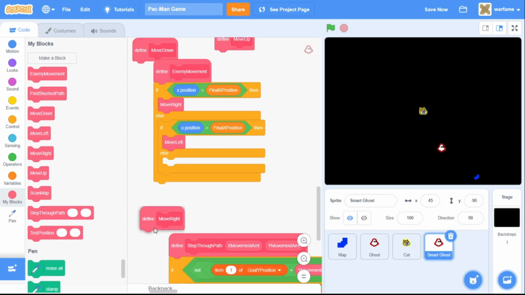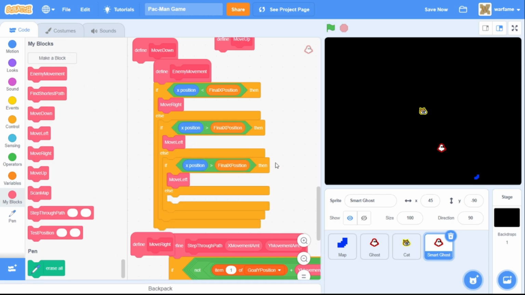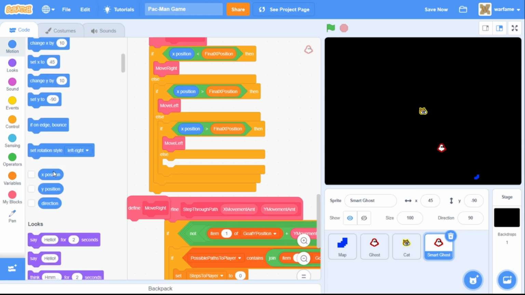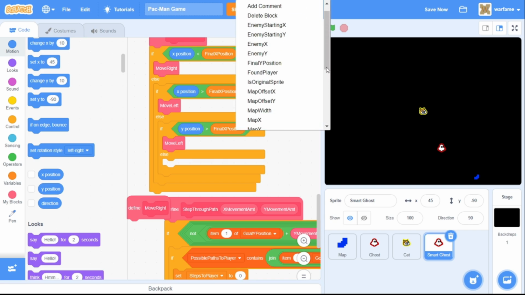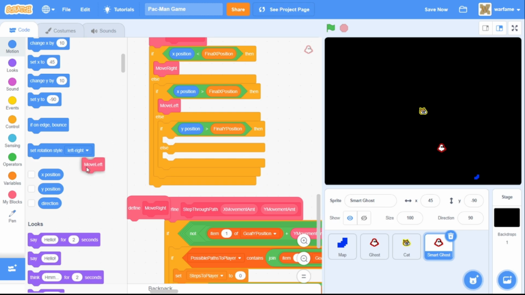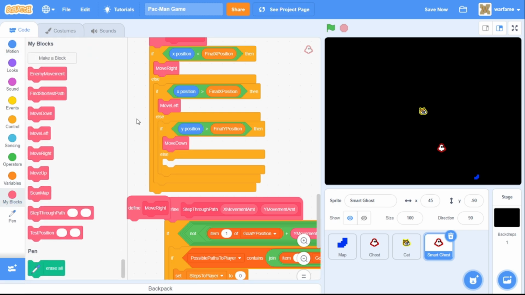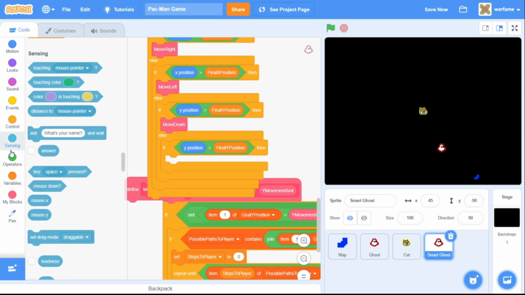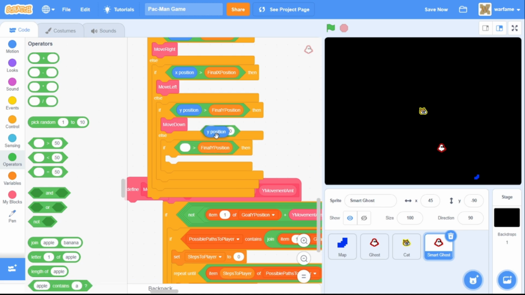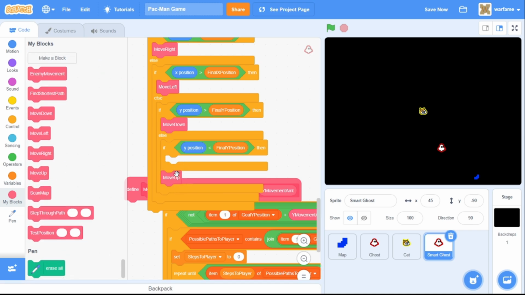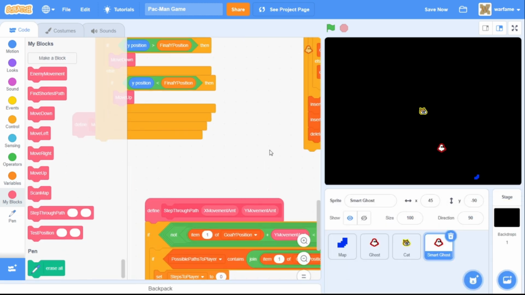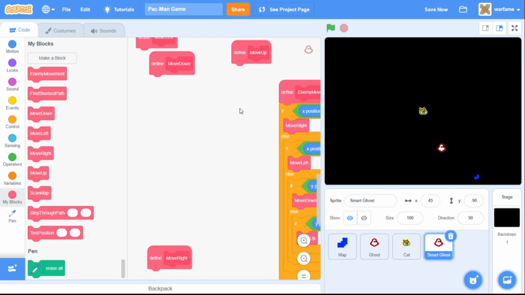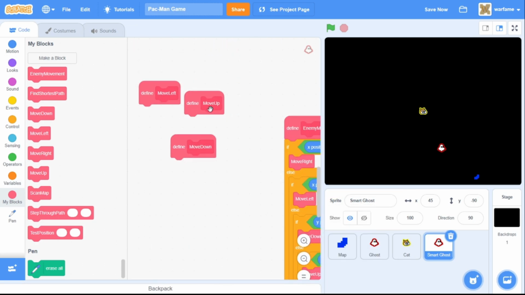Okay. And let's duplicate this one more time and check if the y position now is greater than final y position. Then let's make it move down. And then else, let's grab an if and check if the y position is less than the final y position. Then let's make it move up. Okay, so now our enemy movement code is done, but now let's actually make the enemy move inside of these